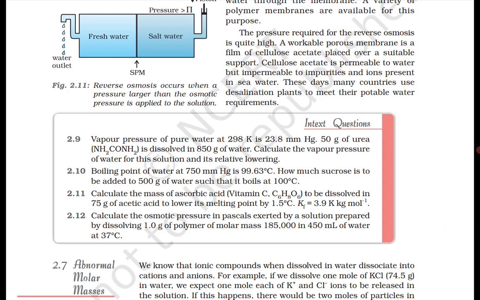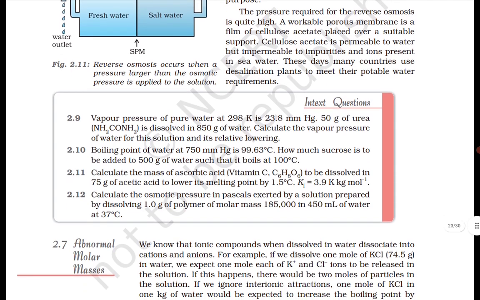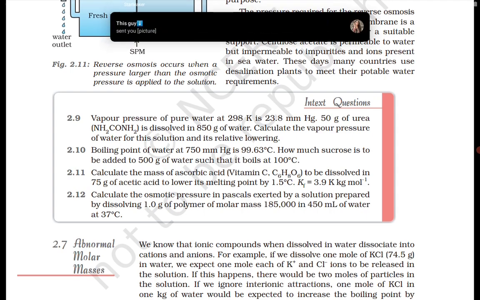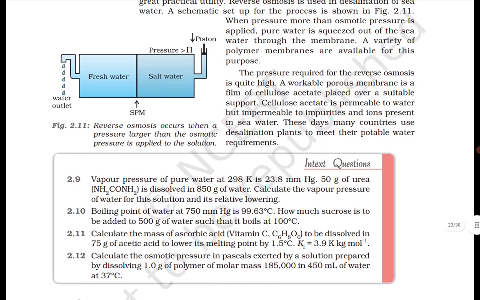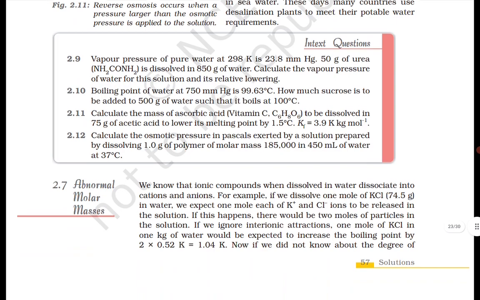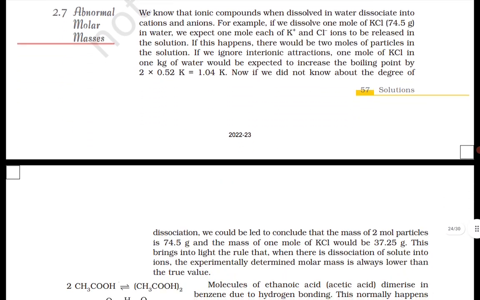A workable porous membrane is a film of cellulose acetate placed over a suitable support. Cellulose acetate is permeable to water but impermeable to impurities and ions present in the seawater. These days, many countries use desalination plants to meet their potable water requirements. Figure 2.11 shows that reverse osmosis occurs when a pressure larger than the osmotic pressure is applied to the solution. Then 2.7